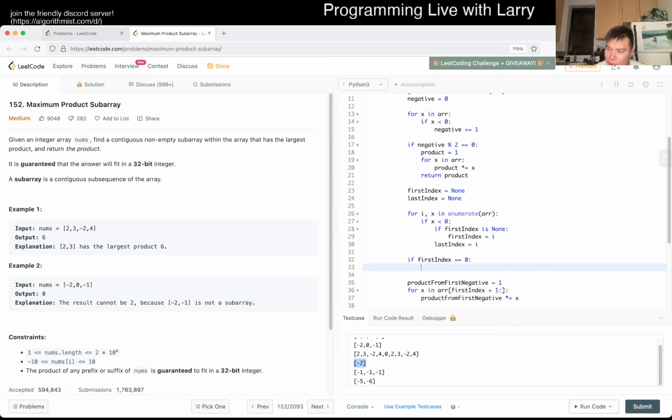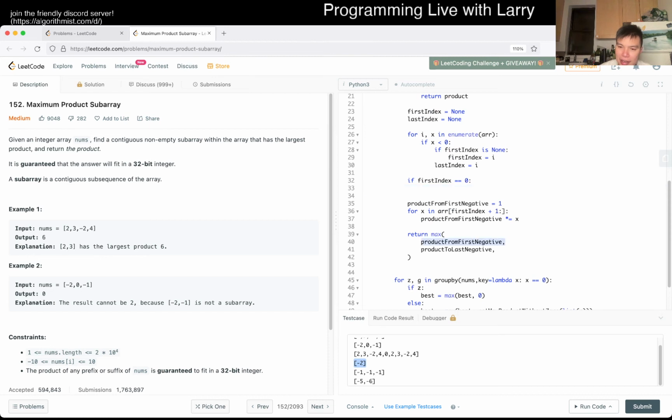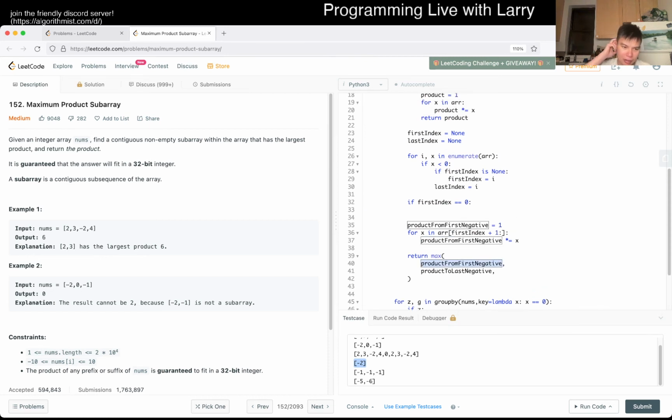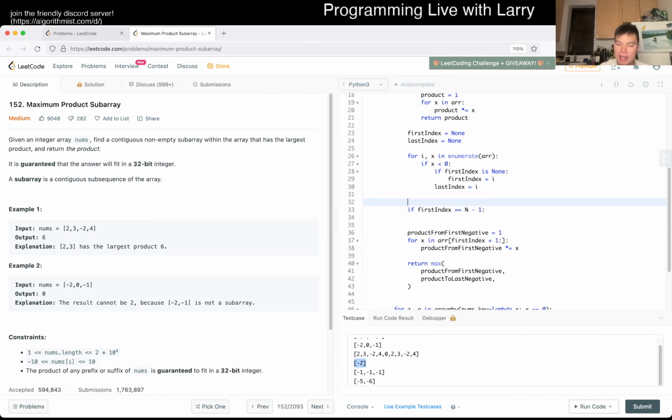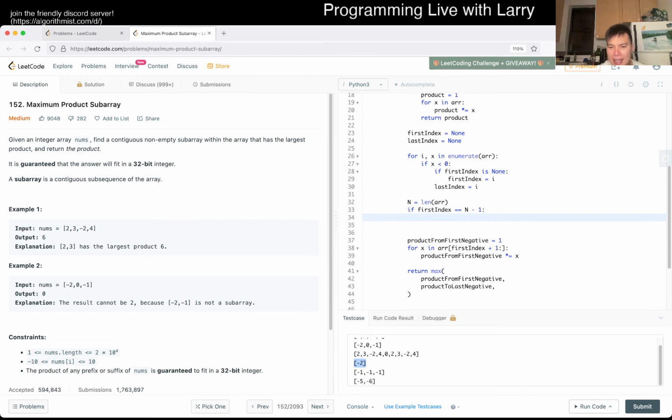But basically, it's worse if the first index is the last element, because then this product is going to be undefined, right? And in this case, maybe what you use is just a negative number. So if this is equal to n minus 1, where n is the length of this array, if this is the case, then product from first negative is equal to